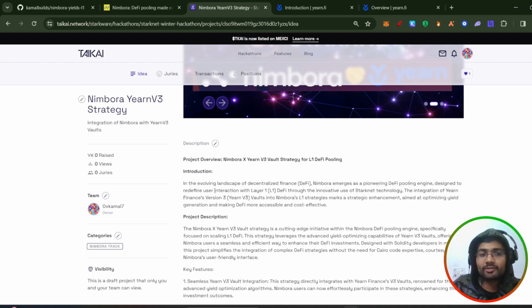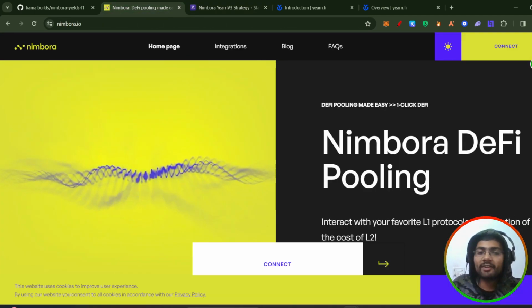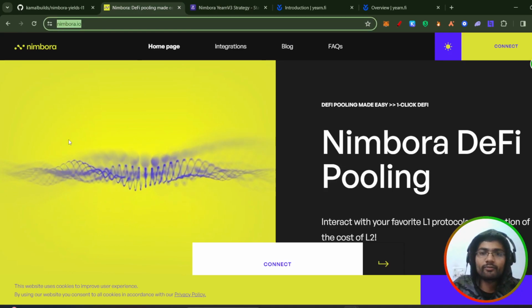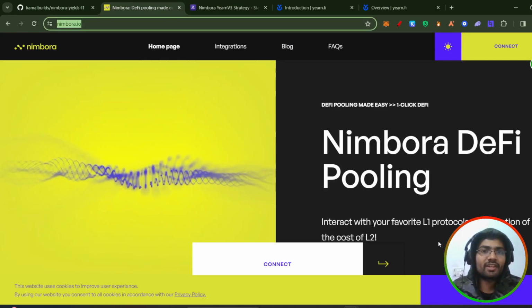A quick introduction to the landscape of DeFi, where Nimbora emerges as a pioneering DeFi pooling engine, designed to redefine user interaction with L1 DeFi at a fraction of the cost of L2. Let's take a quick look at what Nimbora and Yearn are and how this project integrates